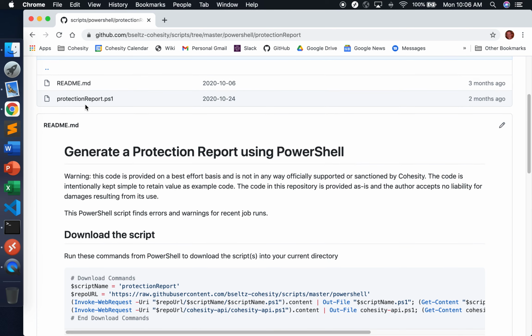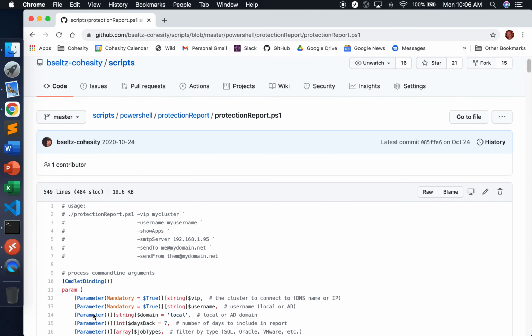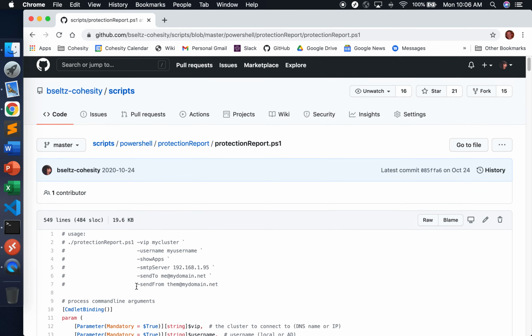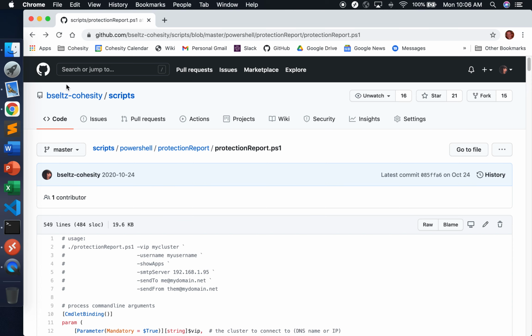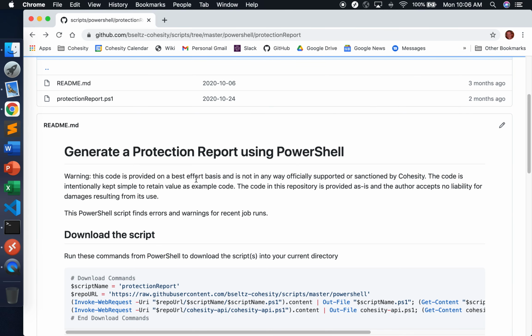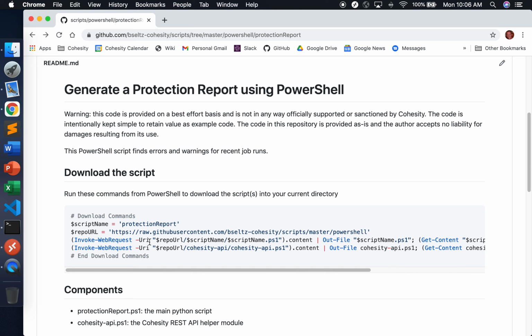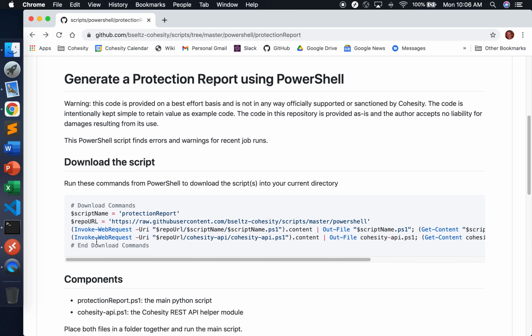Oftentimes what people do is they'll click on here and copy this and they end up with HTML embedded in their script. You can click raw and actually copy and paste this into a PowerShell file on your system, but ideally you just run these download commands. Now before you do that, you got to make sure you have a new enough version of